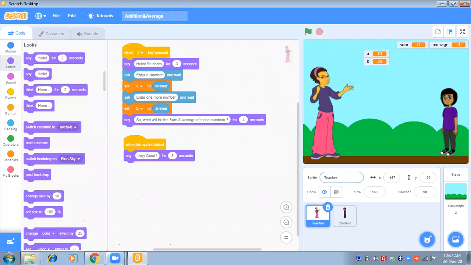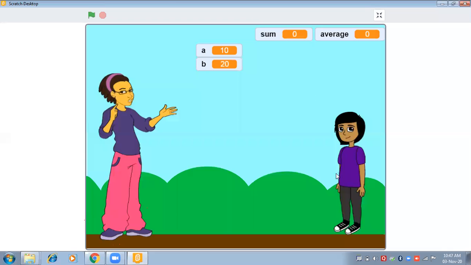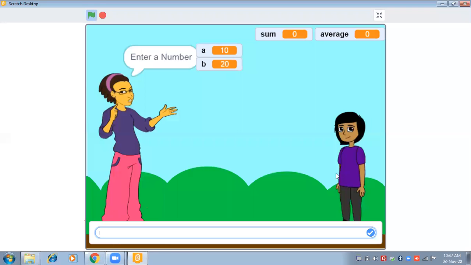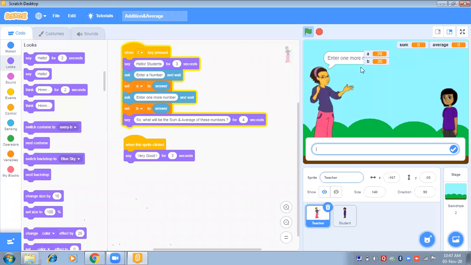Okay, now let us check from the beginning. So I'm pressing on T. Hello students. Enter a number. So I'm entering 20 this time. Enter one more number. Again, the message is not coming completely. It means you have to shift it again.